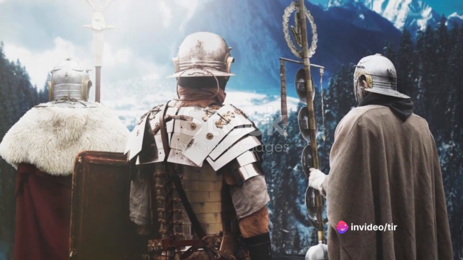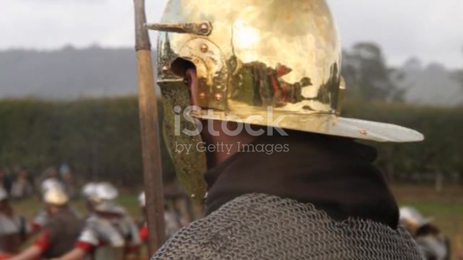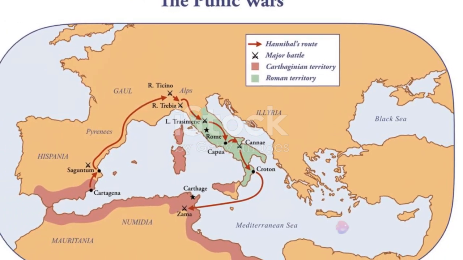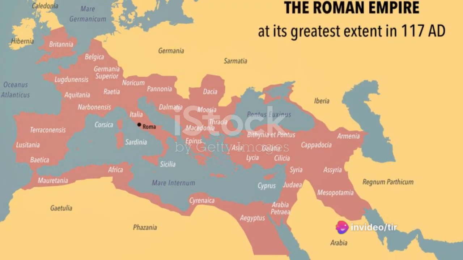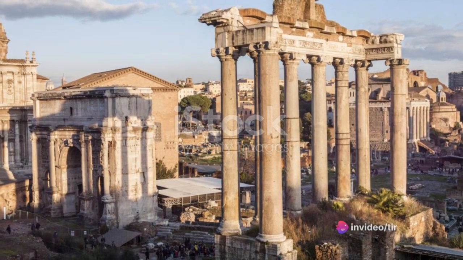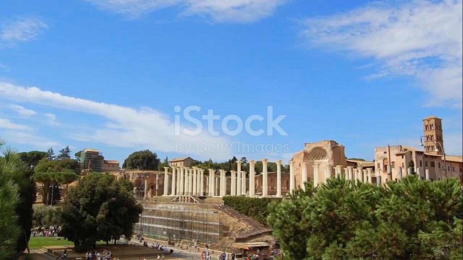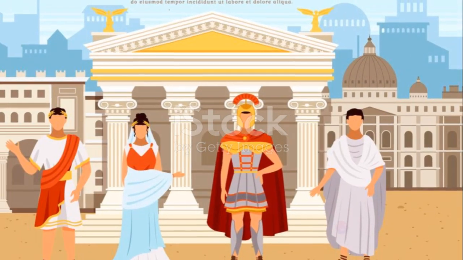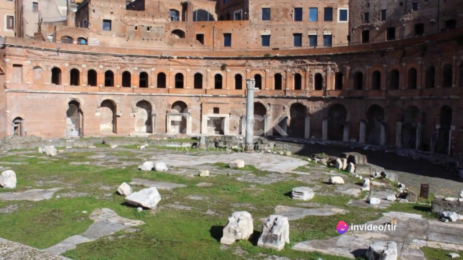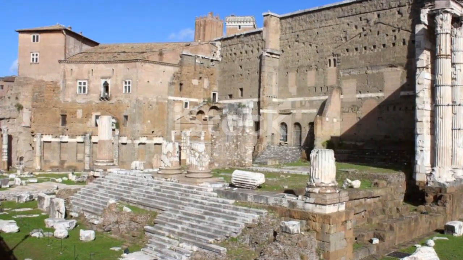During this period, Rome found itself embroiled in a series of intense conflicts, known as the Punic Wars. These wars, primarily against the formidable city-state of Carthage, saw Rome expand its territories across the Mediterranean. Despite these victories, the Republic was not without its challenges. Internal strife and socio-economic disparity began to create deep divides within Roman society. The Republic laid the foundation for Rome's expansive empire, but it also sowed the seeds of its eventual decline.